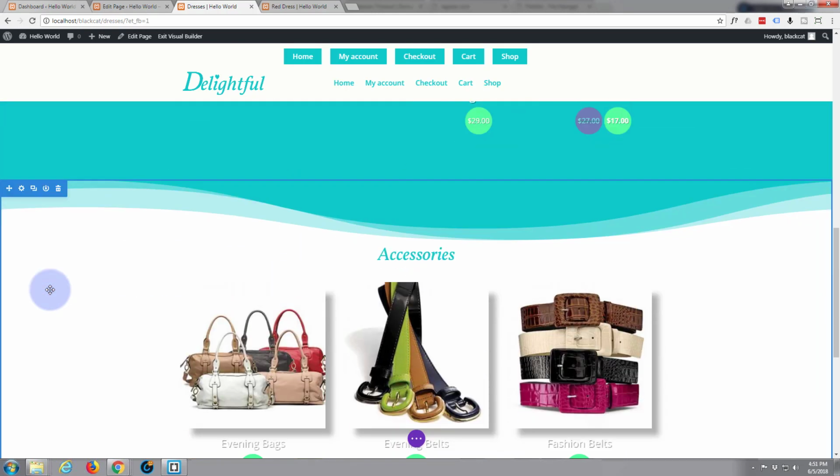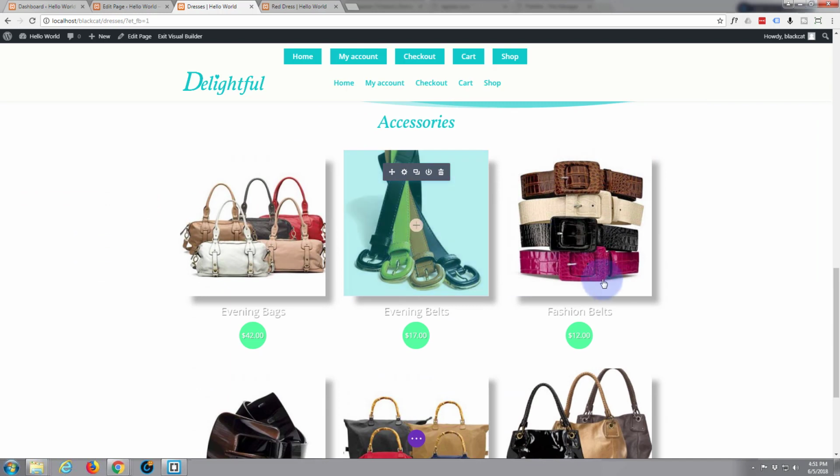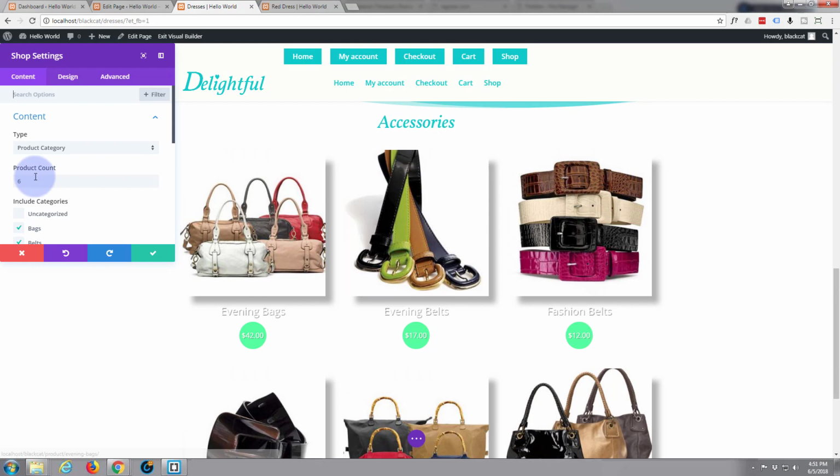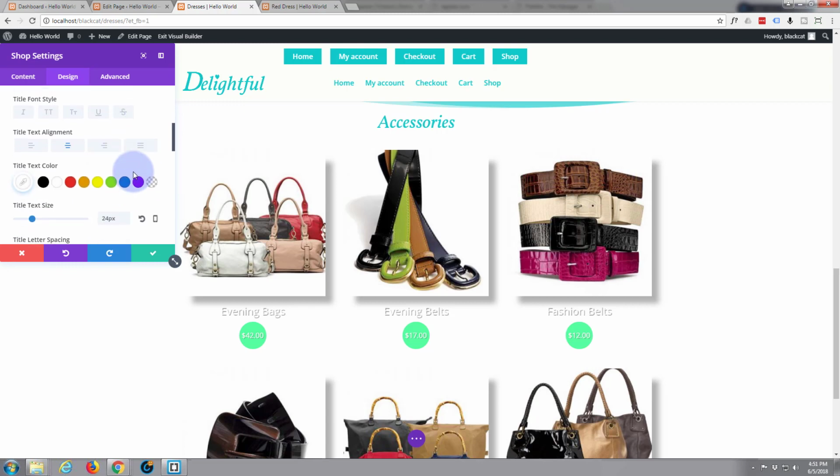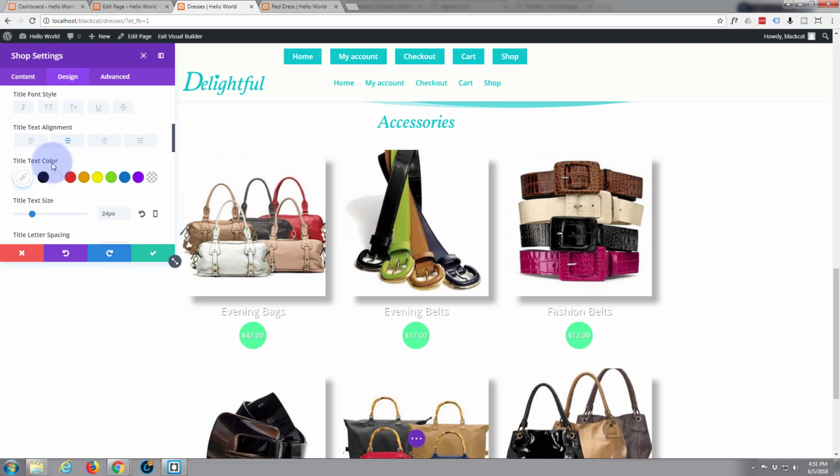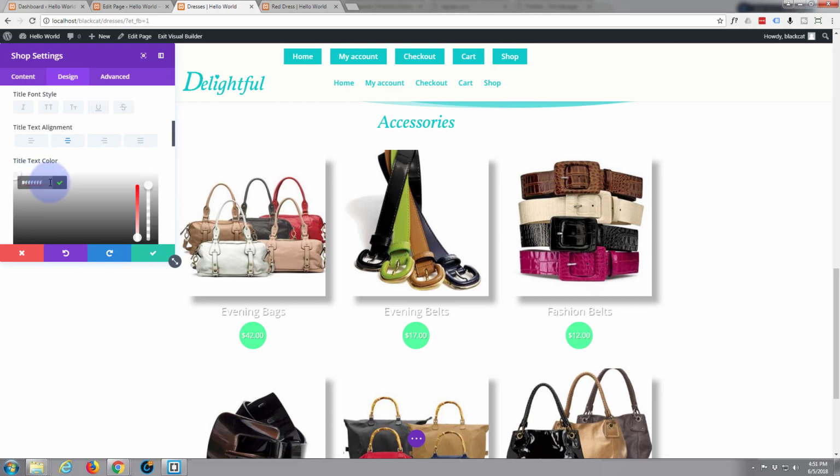Just to make this a little more interesting, I quite like the background because it offsets everything here, but what we'll do, these titles here don't stand out. They really need to be that color, I would have thought. So let's just modify this and it's going to be the title text, which at the moment is white, I should say. Let's make it that